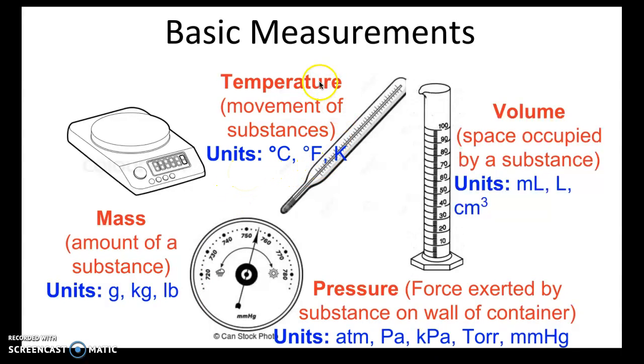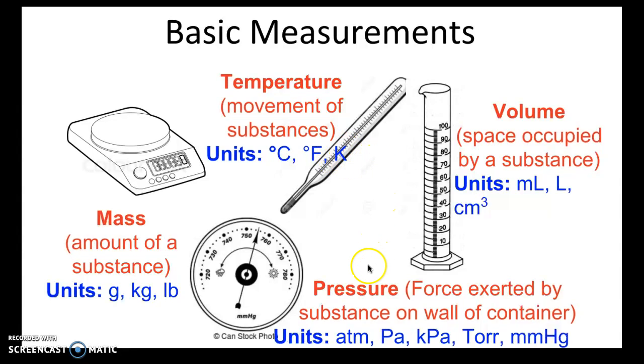The next type is temperature. It measures the movement of particles, so fast-moving particles will have a high temperature and slow-moving particles will have a low temperature. Common units are degrees Celsius. Degrees Fahrenheit, again, it's not metric, so we don't necessarily use it in science, but we do use it in our everyday lives, at least in the US, in terms of weather. And the other one is capital K Kelvin, which is what we commonly use,